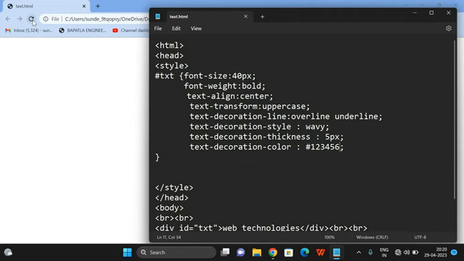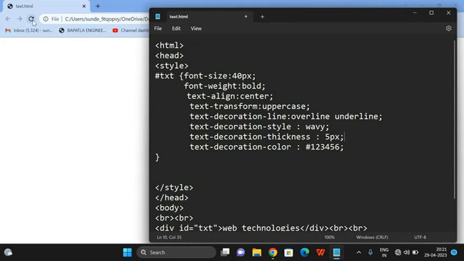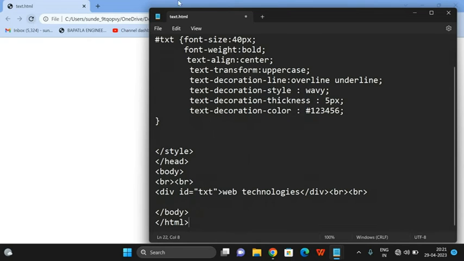And the next one is a shadow. The last one, the text shadow. We can apply the shadow also. See, let us check on this one. So text, let us write one more word. So don't disturb this one. And see, I'll write here one more thing. So here I'll write some shadow. I'll go with the web technologies, capital letters, do the web technologies,